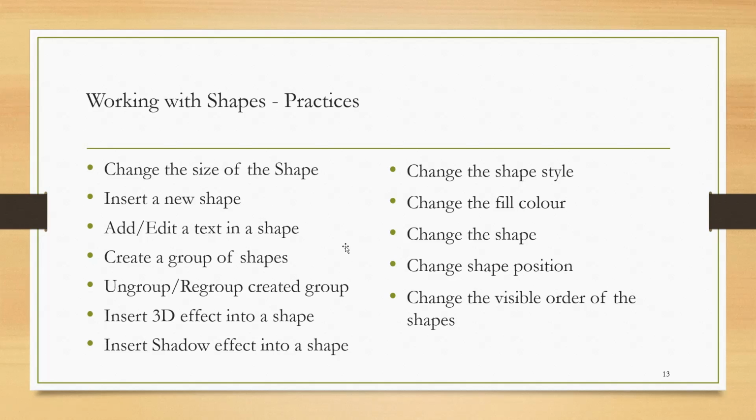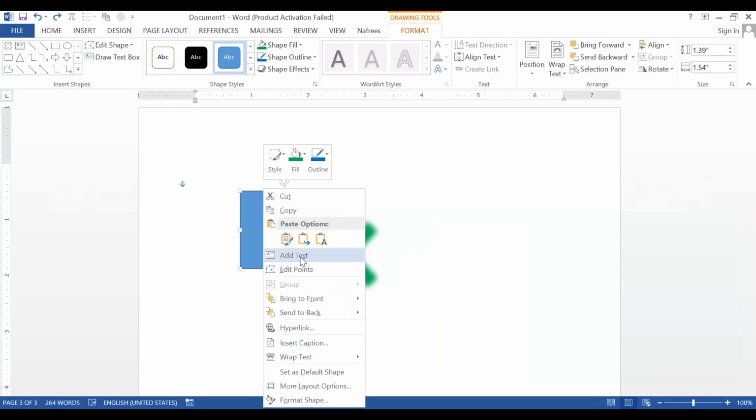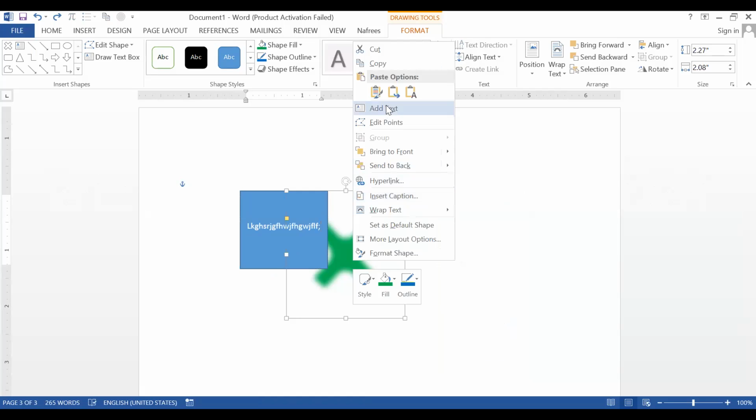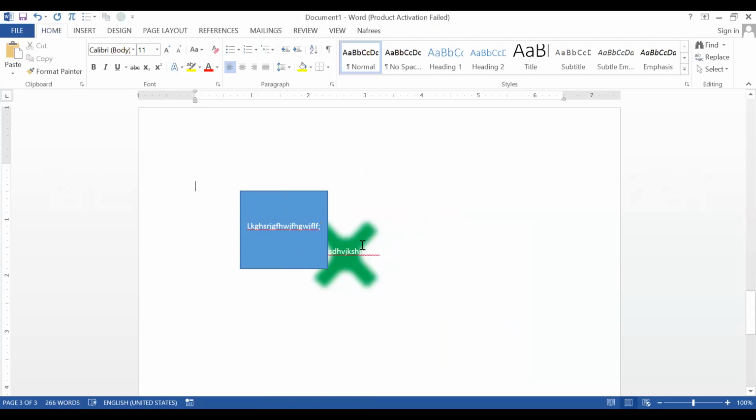If you want to write something inside the shape, select that shape, right click on it and click add text. Then type whatever you want inside the shape. Here also, same, click add text and type inside the shape.